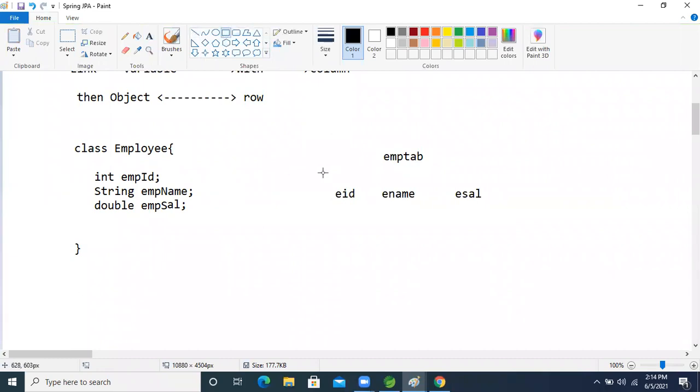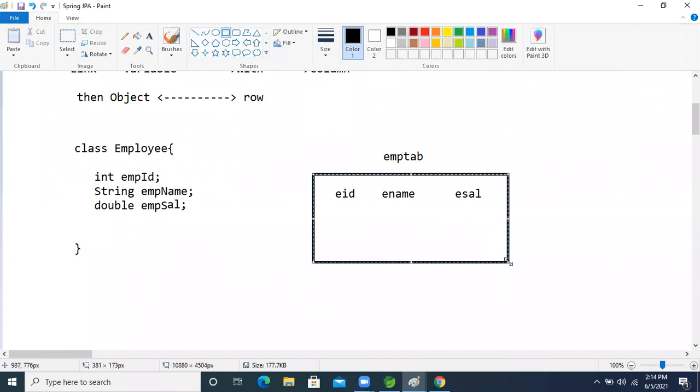So fine now, guys. Same things, right? So here what we are going to do now: hey developer, you have to map your class with the table name, and the variables you have to map with the columns. This is nothing but mapping.